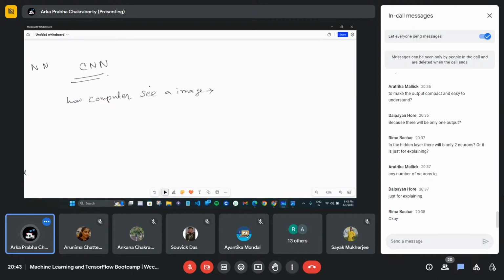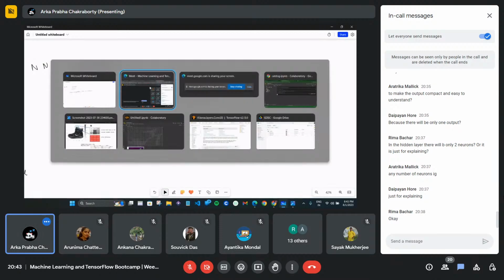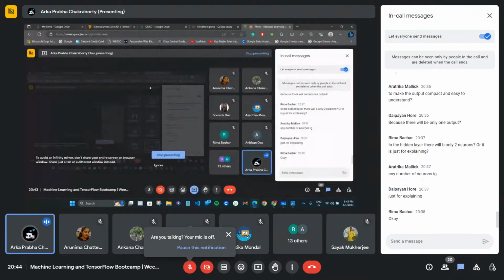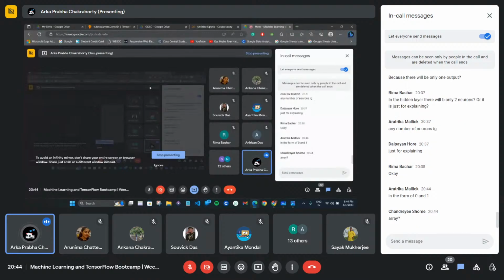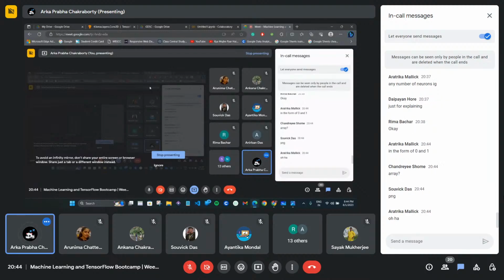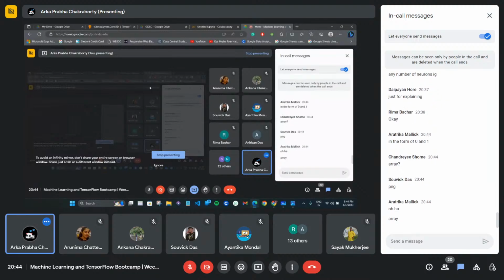Can anyone tell me in which format a computer actually sees an image? Not 0 and 1. Yeah, an array. We have to change that array into 0 and 1 form for the computational perspective.